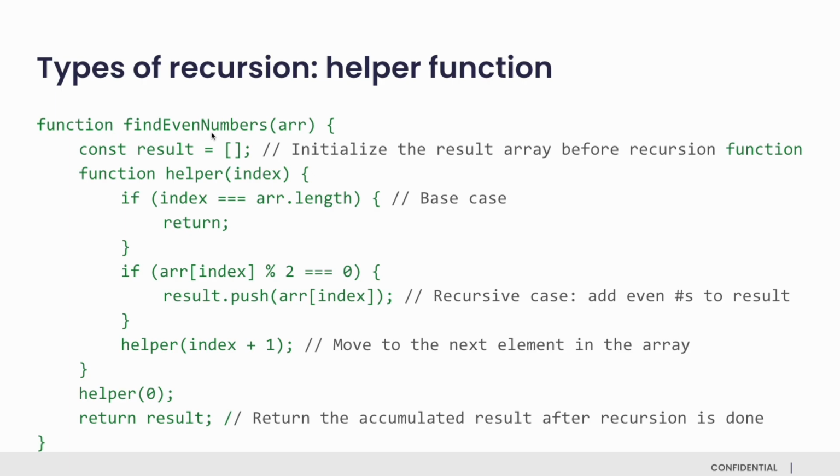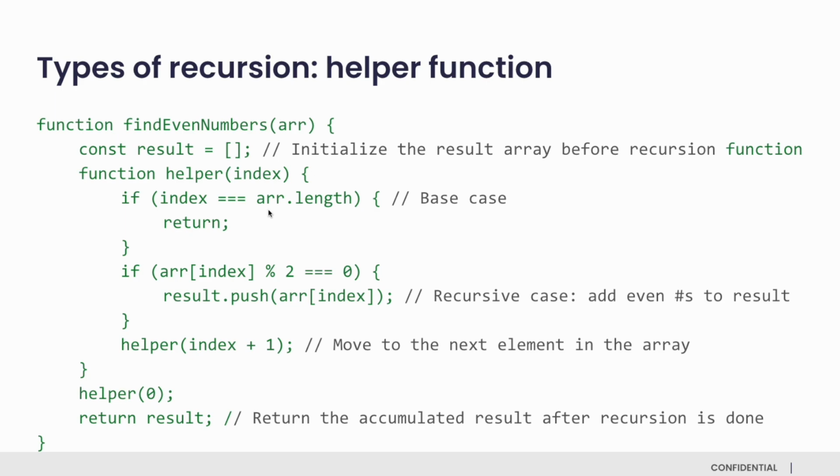So inside this find even numbers function, we're going to create our helper function. And this is where we will do all of the recursive work. So it'll take in one parameter, index, which tracks where we are within the array. The base case is simple. When the index reaches the length of the array, we're going to stop the recursion because we've already processed all